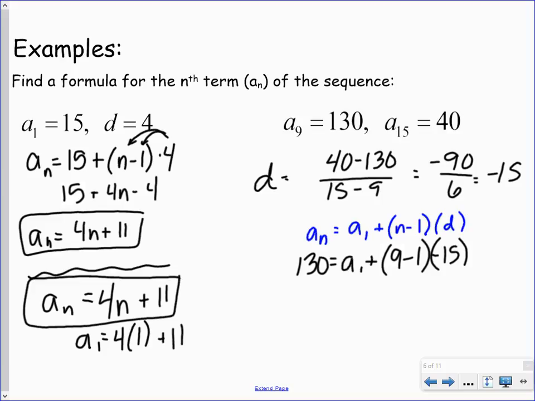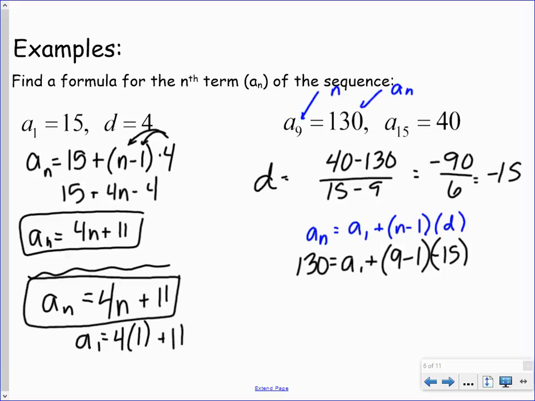When you have this set, remember I talked about this for graphing as well. This sub number is your n value. It's your a sub n, so n is 9. And then this number right here is what a sub n is. Okay, so that could be my a sub n. Could we have used 15 and 40? Certainly. But yeah, it'd be like when you're trying to write the equation of a line and you plug